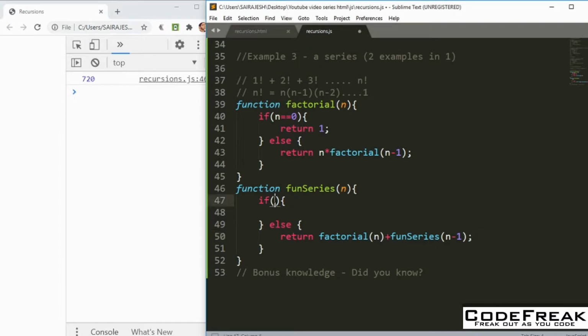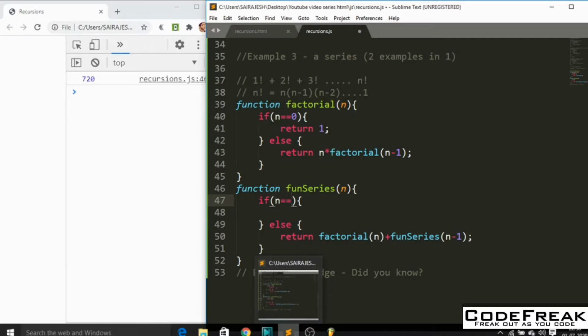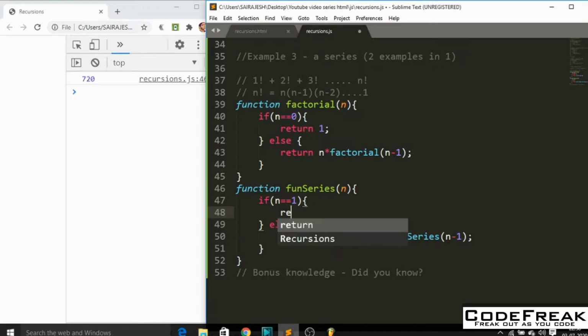So what do you think is the condition? Come on, take a few seconds, pause the video, and think of it. So now I'll go ahead and tell that also. So n equal to 1, you can put 1 also, you can put 0 also, it doesn't matter. I'll put 1 to reduce the runtime, because we know the factorial of 1 is going to be 1. So you can even end it at 2 factorial by calculating.